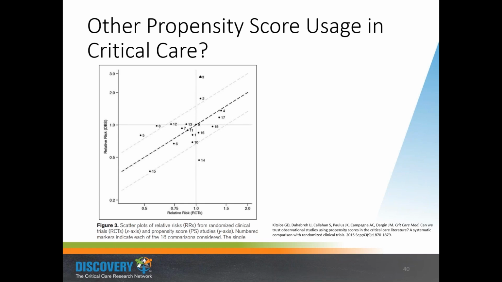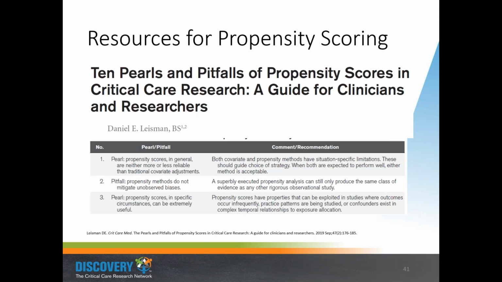But again, in the face of a massive amount of observational data and the ability to use greater and greater, richer and larger data sets from the EHR, hopefully we can employ these methods to make more and more targeted, quote-unquote, mini-RCTs. I want to point out a couple other references which were recently published, which I think, if you're interested in diving into more depth, particularly in critical care, you should take a look at.